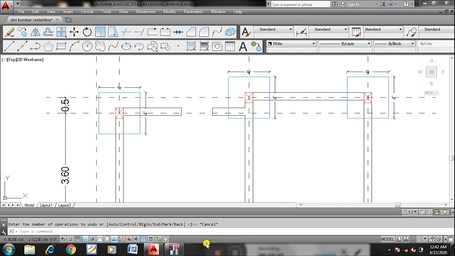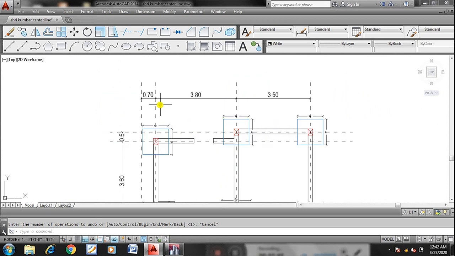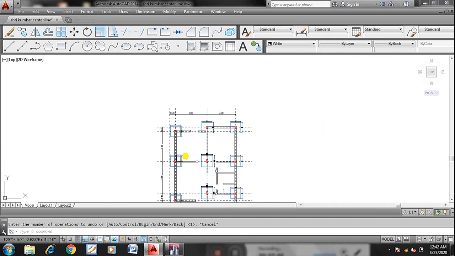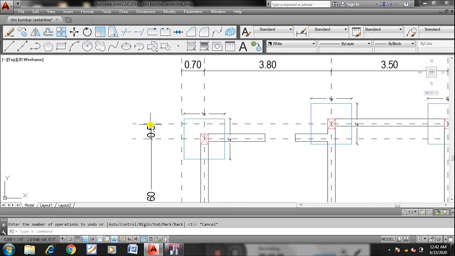So it can be done. As I said, we must have the drawing with horizontal and vertical dimensions, which will be used for modeling of the structure.